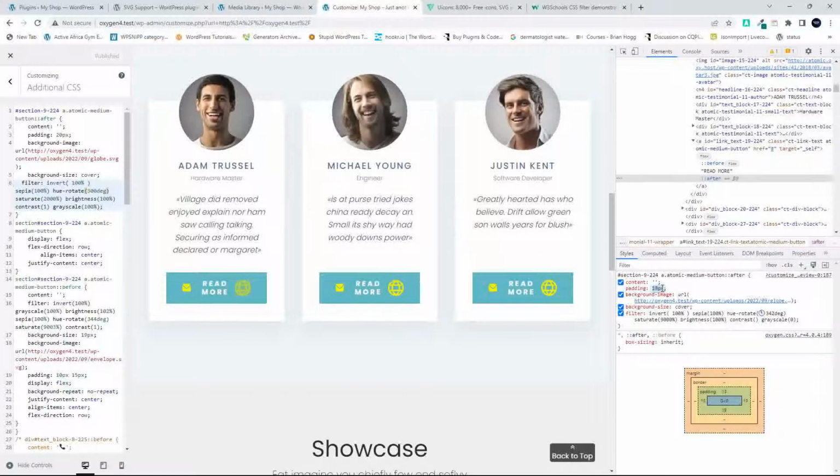So if I reduce the padding of my content element, then I'm also then adjusting the size of the icon. So the more padding I have, the bigger it gets. It'll just fill that space, whatever it is. So that's pretty much then how we can